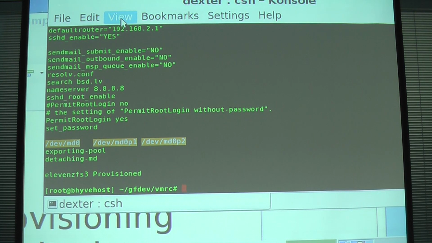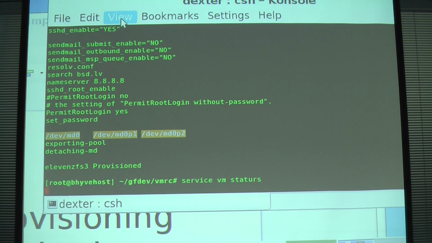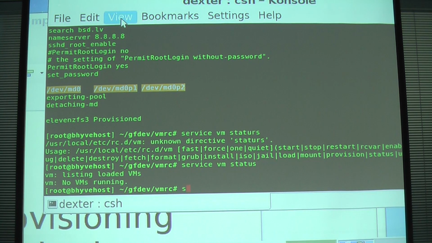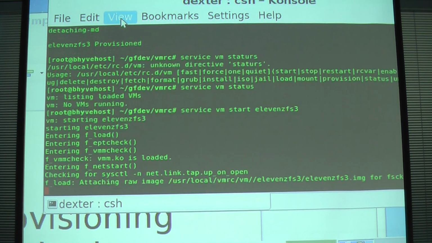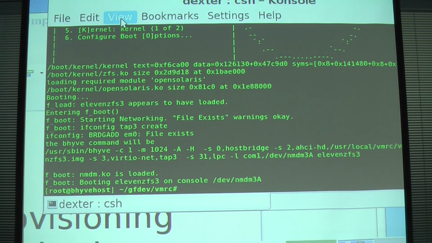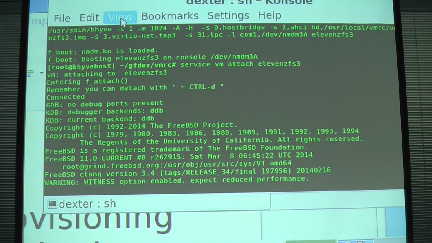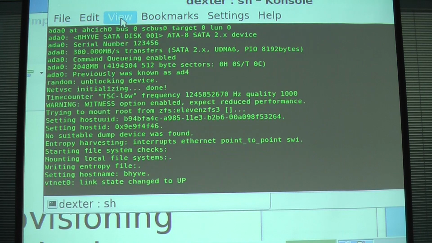So let's see. We've got, let's do status, none are running. Oh, whoops. That's the Latvian host. None running, so service start. I think I grabbed the wrong loader. Are the dots from the serial-oriented loader? I don't know why I've got dots at boot, but that's a simple fix. We will go and attach. Let's see, early in the boot process. So just provisioned